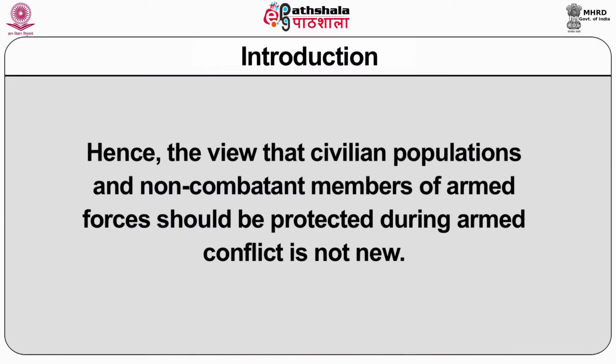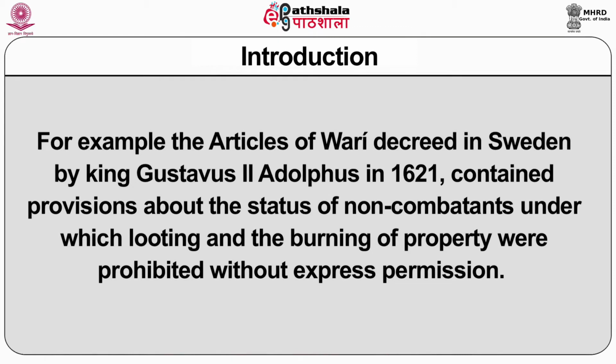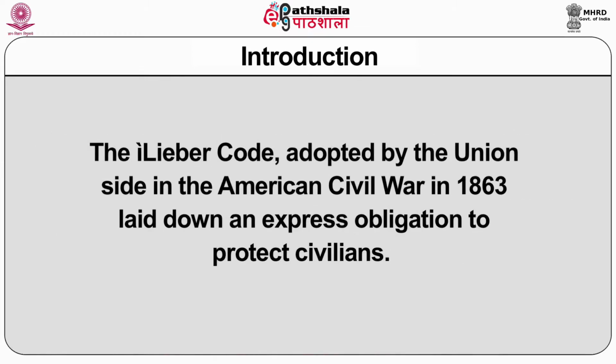of the hostilities. Hence, the view that civilian populations and non-combatant members of armed forces should be protected during armed conflicts is not new. For example, the Articles of War decreed in Sweden by King Gustavus II Adolphus in 1621 contained provisions about the status of non-combatants under which looting and burning of property were prohibited without express permission. The Lieber Code, adopted by the Union side in the American Civil War in 1863, laid down an express obligation